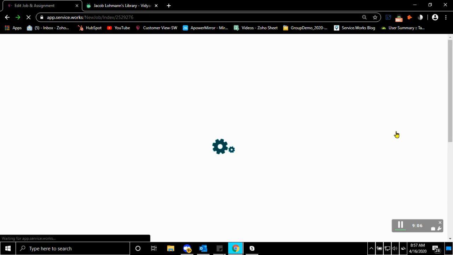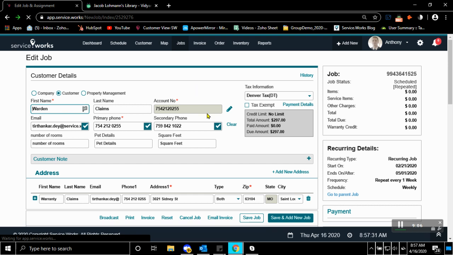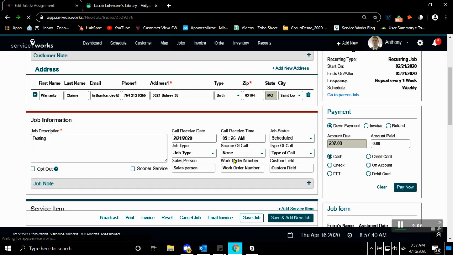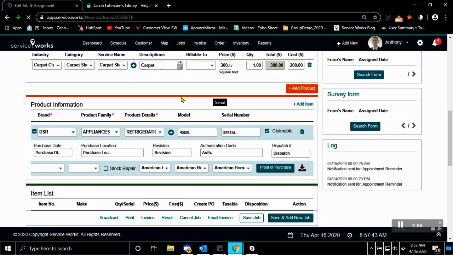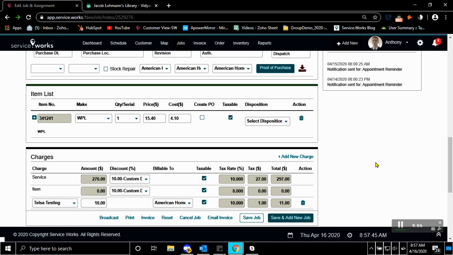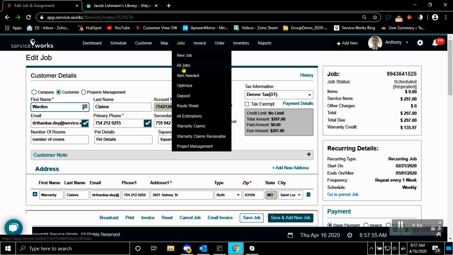And it takes us over to the job here. Again, on this side, you can edit the job, or assign it to a technician if it hasn't been assigned to anybody just yet. If we scroll down here, here's the job description that we saw earlier, the time, and how we received the call. Again, it can all be edited here. You can save it down here at the bottom, and then it would be updated on the jobs page. So if we go back to that jobs tab,